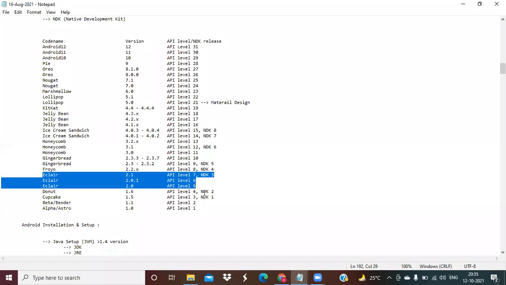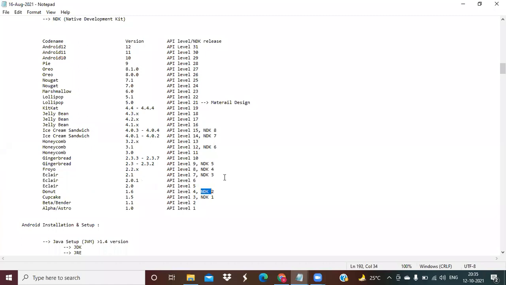And at the same time, there is NDK. What is NDK? SDK, what did I tell? Software Development Kit. It is a coding library. NDK, Native Development Kit, is a C library which is helpful to implement any hardware supported libraries. For example, if you want to purchase a new SIM, immediately what the SIM operator will do, he will ask you to provide your thumbprint for verification of your Aadhaar identity.